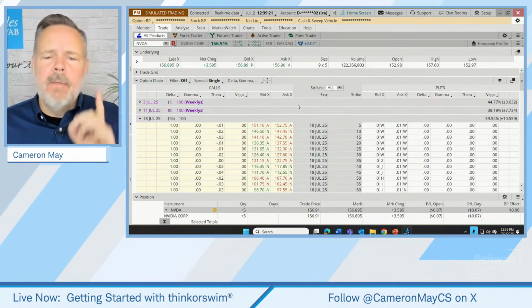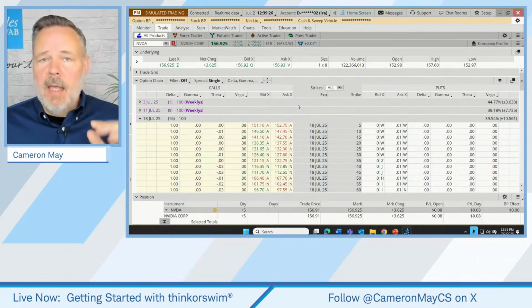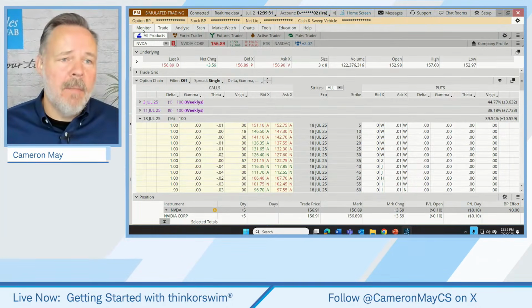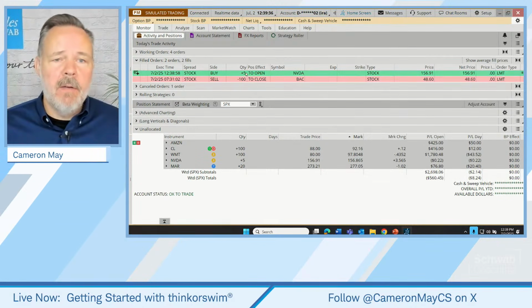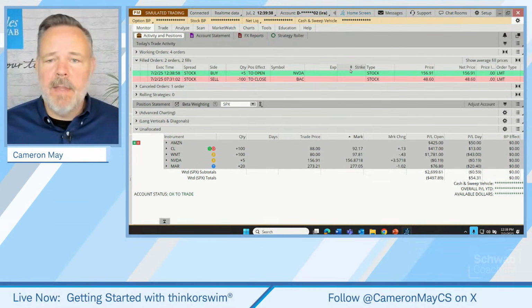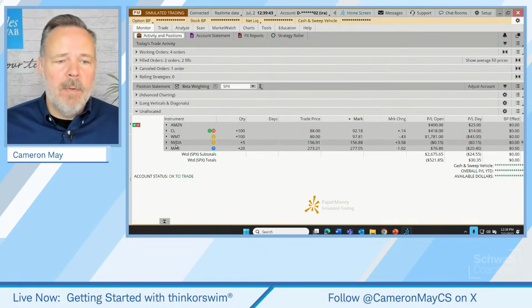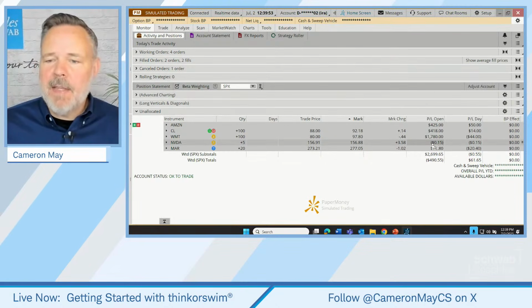But where would we go to check on the progress of this trade that we just placed, this order that was just filled? That's where we go here to the Monitor tab. So I'm going to click on Monitor, and this is where we can see the order filled right there. So there are the details of the order. And as we look down below, we can see our new position in NVIDIA. We own 5 shares, purchased at a price of $156.91. Shares are going down in value. So we're at 15 cents underwater across those 5 shares right now.